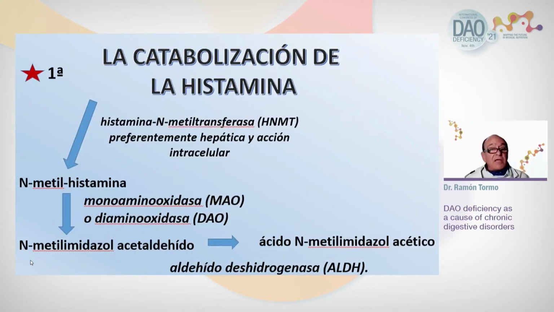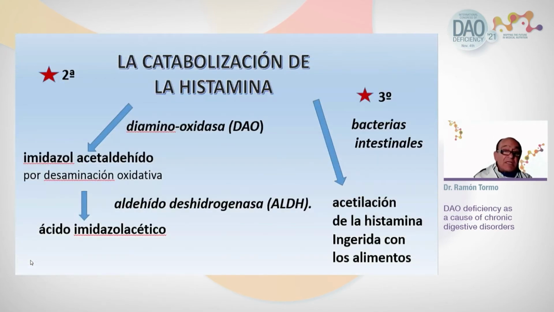Let's very quickly remember the pathways of histamine catabolism. One of them is not very active: histamine N-methyltransferase, which turns histamine into N-methylhistamine, then N-methylimidazole acetaldehyde, and it ends up being eliminated in urine. There is another, more powerful pathway, which is the action of diamine oxidase, or DAO, and it becomes imidazole acetic acid by oxidation, and it's eliminated again through the urine. And a third pathway would be intestinal bacteria, the acetylation of histamine ingested in food. And if there is a lot of histamine because the food is not very well preserved, then we know about histaminosis, which is